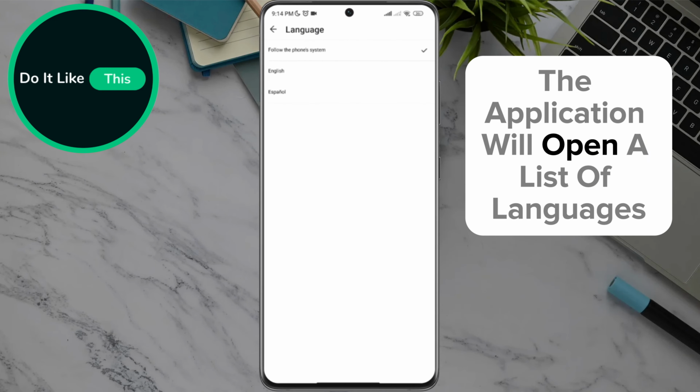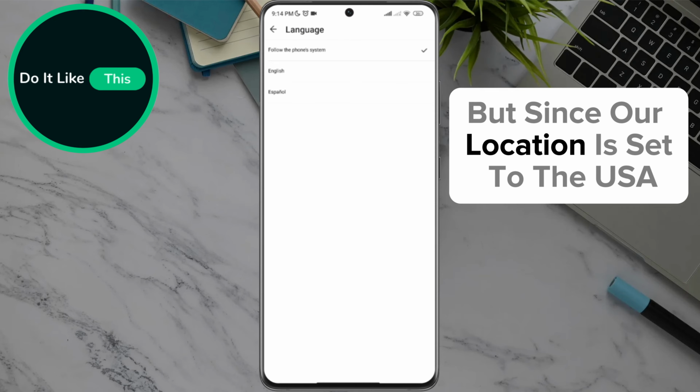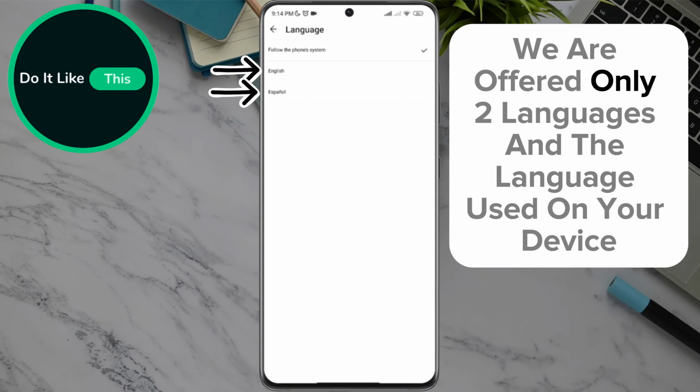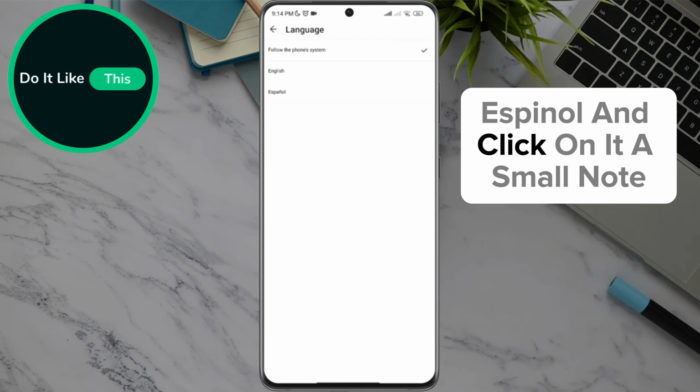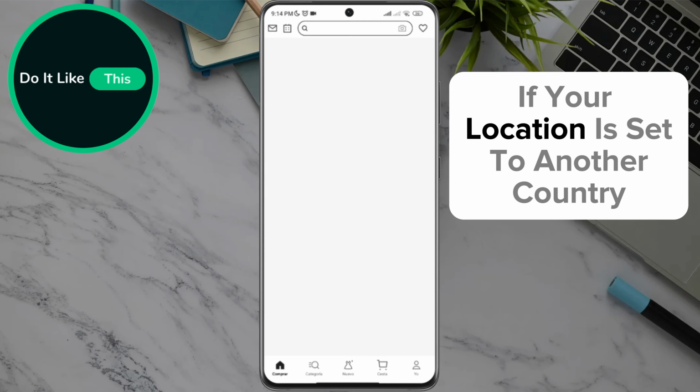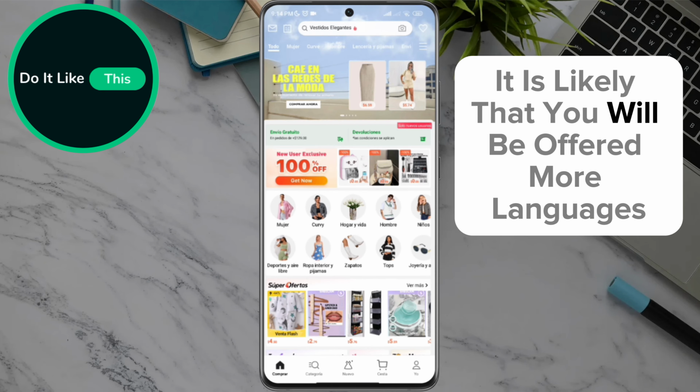The application will open a list of languages, but since our location is set to the USA, we are offered only 2 languages in the language used on your device. We will currently choose from the 2 languages offered, Espanol, and click on it. A small note, if your location is set to another country, it is likely that you will be offered more